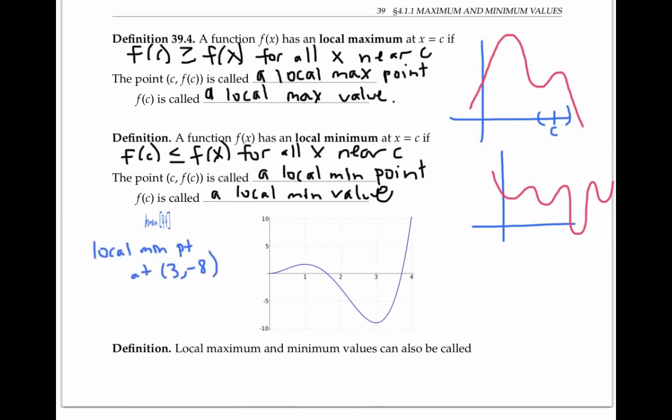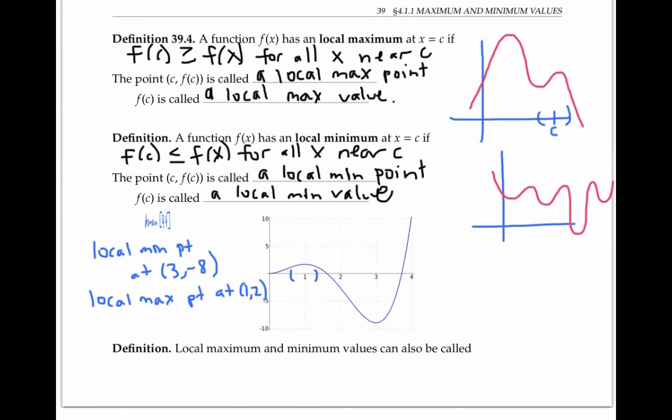Now turning our attention to local maximums, we have a local maximum point right here with coordinates about 1, 2. Since f of 1 is as high or higher than f of x for any x value in an open interval around 1. In this example, the absolute maximum point of 4, 10 does not count as a local maximum point,